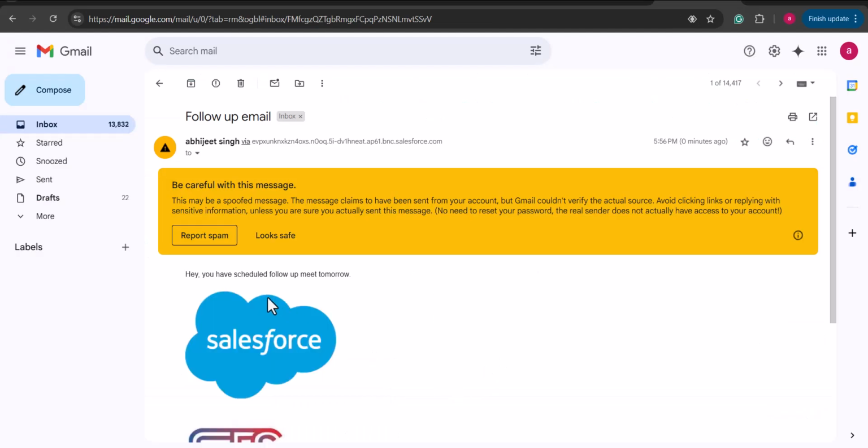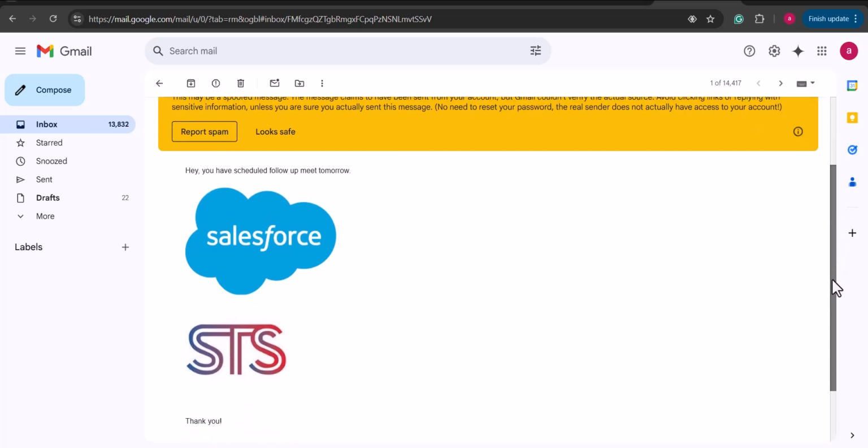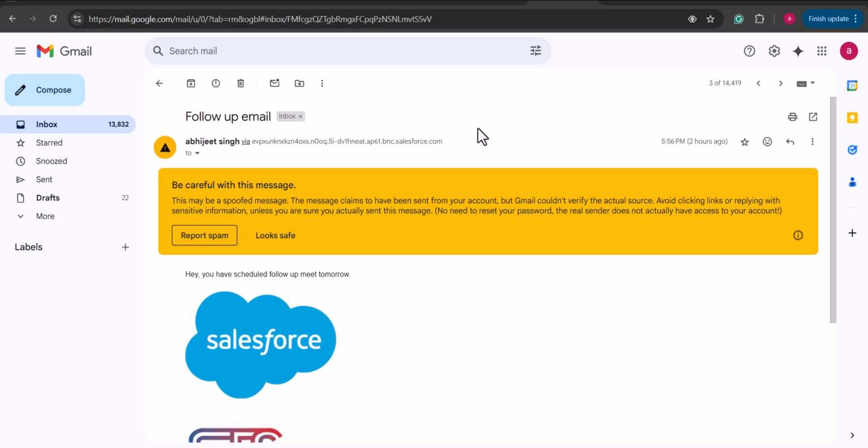So as you can see, this is the email template that I have used to send the email, and here you can see both of the images that we have embedded in the Lightning email template. So this is how you can add an image in the Salesforce Lightning email template. So now let's move ahead to the next part where we will see how you can add images to the